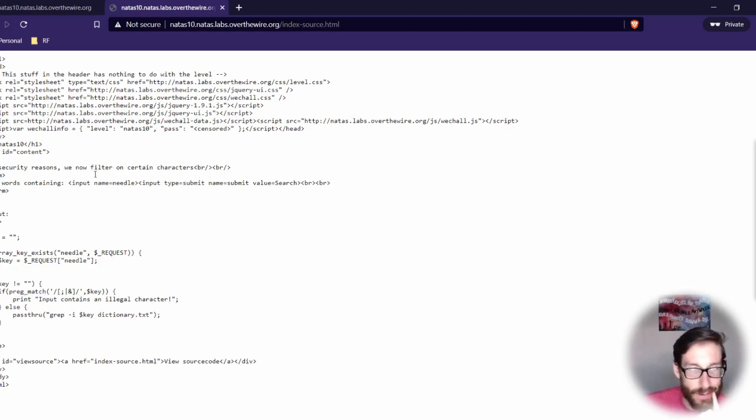was happening, because you can see a lot of the code is similar to what we've seen in Natas 9. Really what's changed is, in the past we had the passthru function, and now in addition to that, we have a preg_match, which is regex, a convoluted alien language that very few people know about. In this match, they're matching for a few specific items. Here you can see they're looking for brackets, semicolon, straight bar, etc. And if you think back to our Wikipedia page, which I'll pull up in a second,